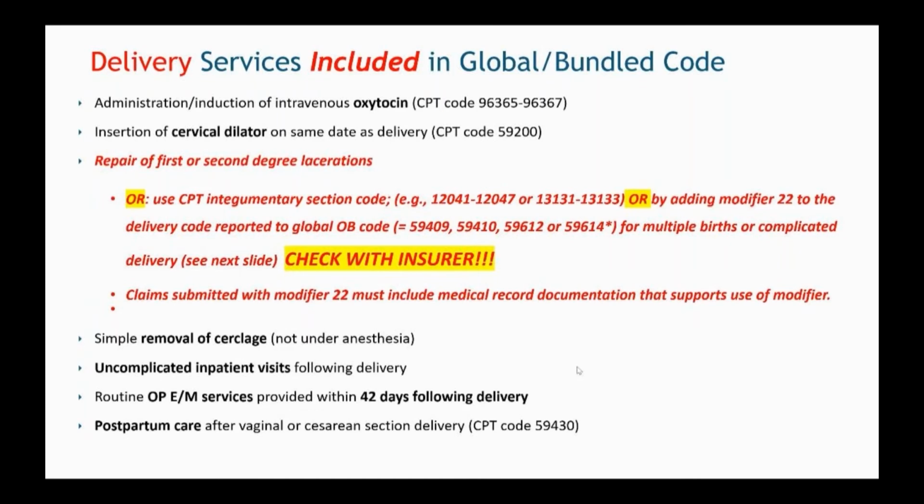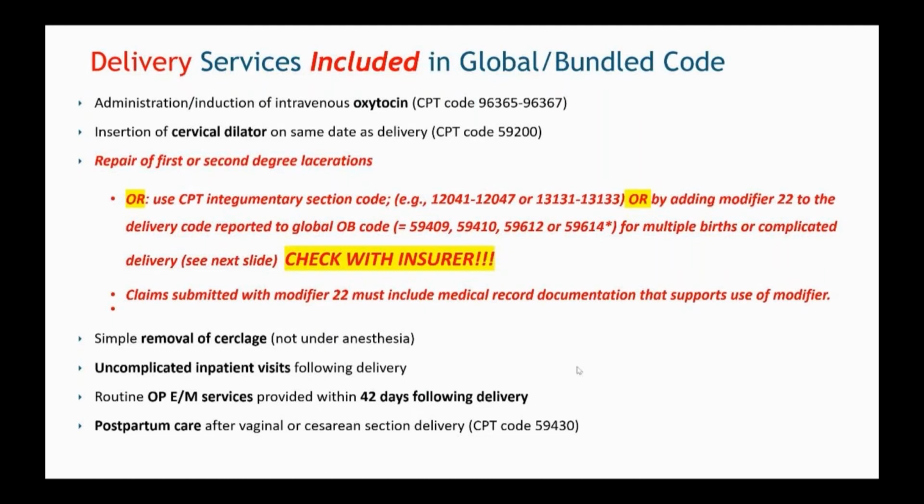You can see here in red, the third bullet point down, repair of first or second degree lacerations. I have here, use CPT integumentary section code, or add modifier 22 to the delivery code reported to the global OB code. Check with the insurer. When I did my research to prepare this deck, some of the insurers are requiring this red area that you see here that I outlined in red. They remove it from the global bundled code and want you to report these separate CPT codes, or add modifier